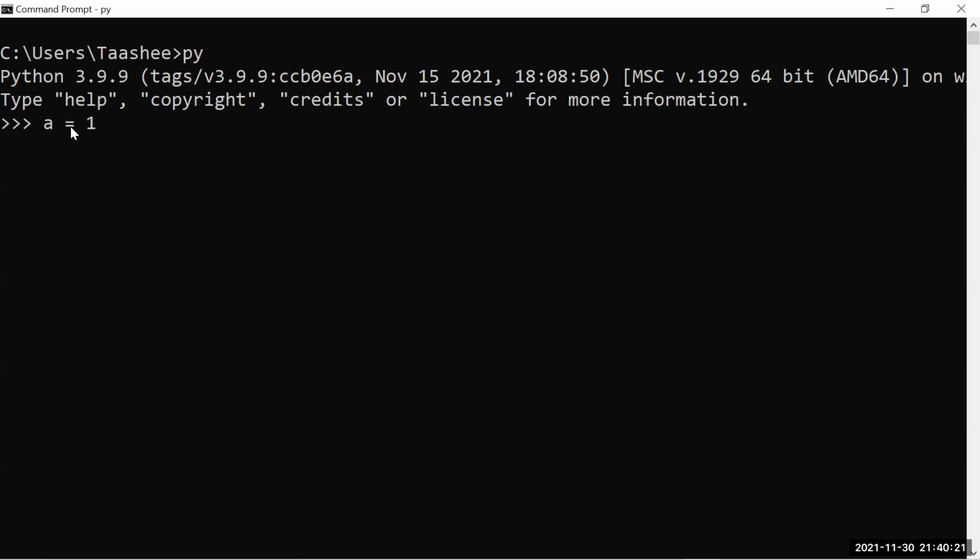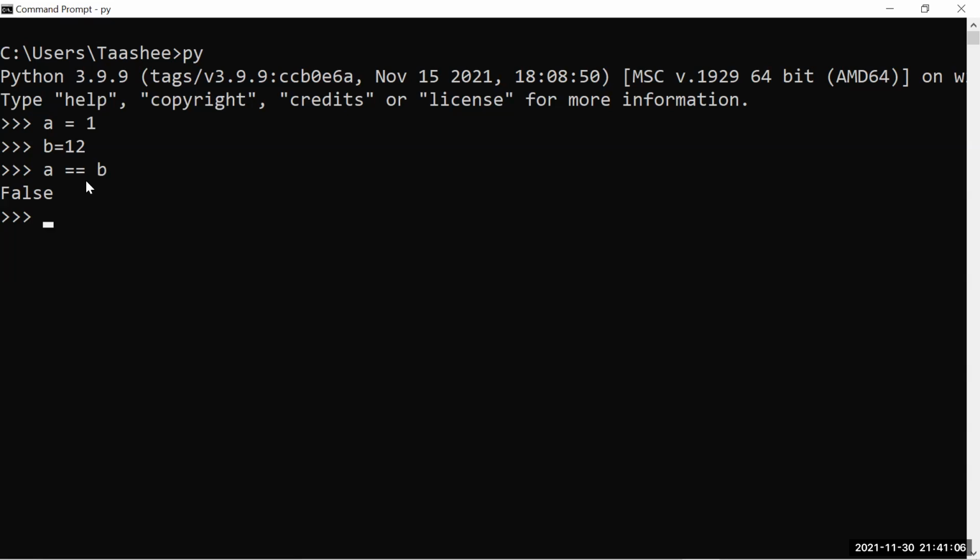What's the main work of it? Just to assign values to the variable. And now I'll say b equal to 12. What I just did again is assign variable b the value 12. Now, if I check a double equals to b, what is it supposed to return? False. If I press enter, it is going to return false. Why? Because this double equals to helps us check whether the given variables have the same value or not. Got it?